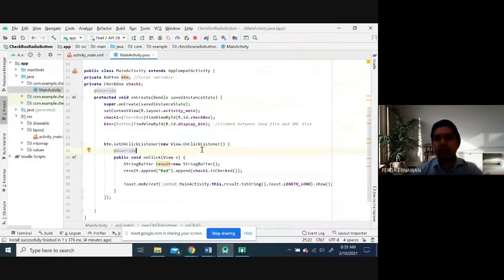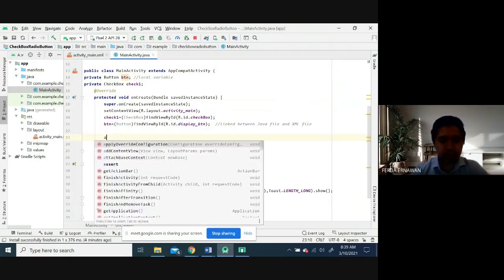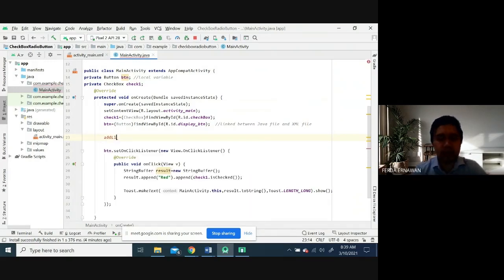Let's say I make a function. This is how to make a function. If you want to make a function, you can declare a calling function here. For example, add listener button, like this.